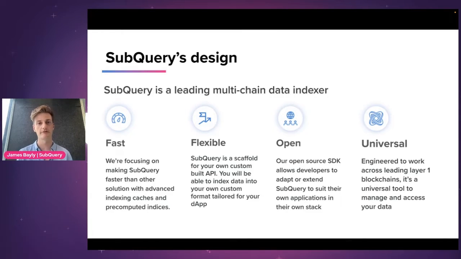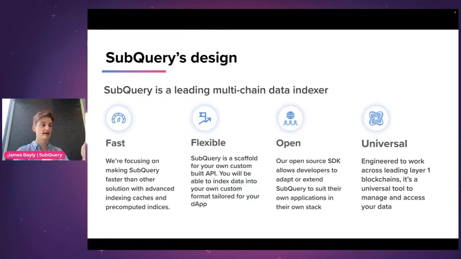A lot of people ask, what's the difference between you and these other data providers? It's completely flexible in the way that you can customize it to provide the exact data that you need for your user interface. If you want to build an application that is superior to your competitors, and unique in every way, you need flexibility in the way that your data is stored and provided. It's open source, you can adapt it as you will, and it's universal.